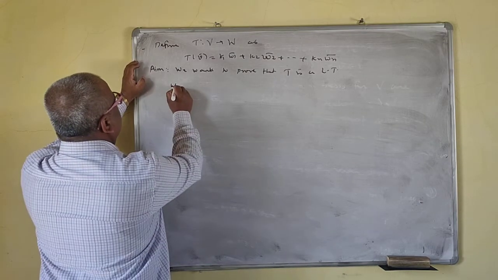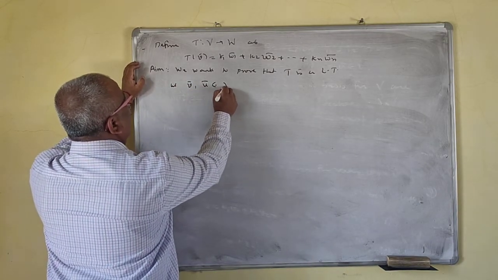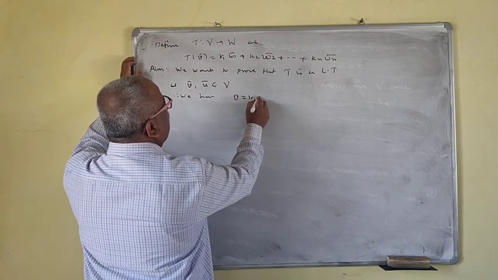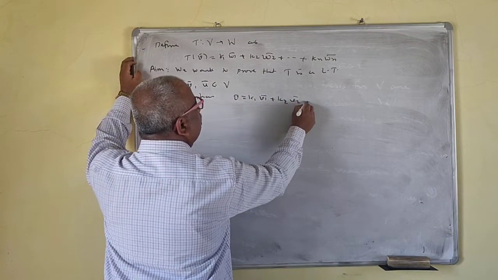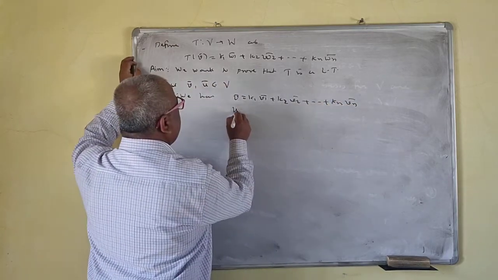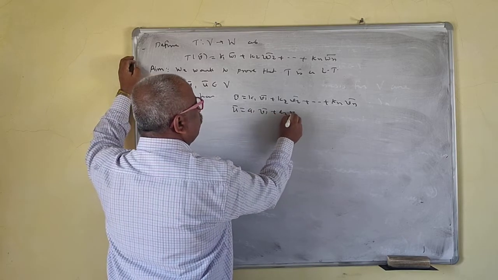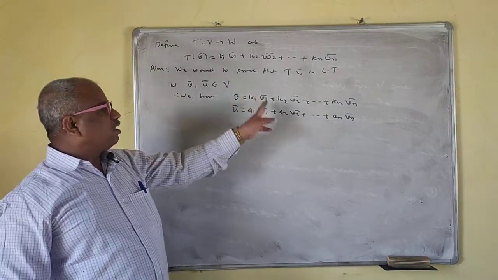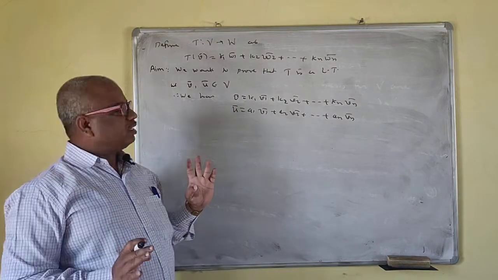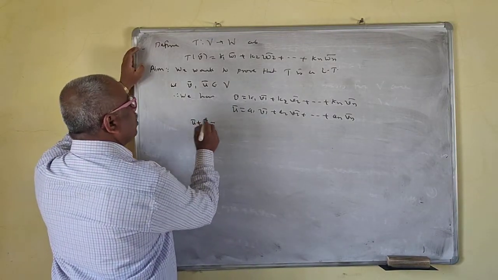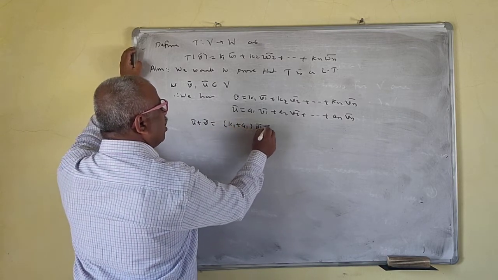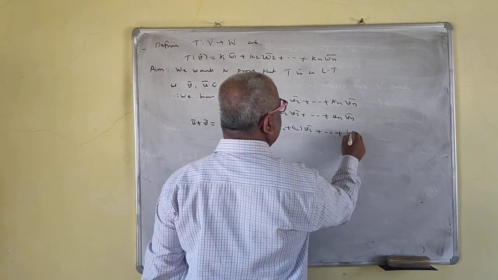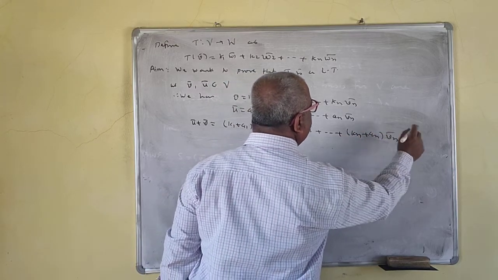So first we prove T is a linear transformation. Let V bar, U bar belong to V. Therefore we have V bar is equal to K1 V1 bar plus K2 V2 bar plus ... Kn Vn bar, and U bar is A1 V1 bar plus A2 V2 bar plus ... An Vn bar, because U bar is a vector in V and S is the basis, so U bar is also expressed as a linear combination of vectors in S. So U bar plus V bar is K1 plus A1 times V1 bar, K2 plus A2 times V2 bar, plus ... Kn plus An times Vn bar.